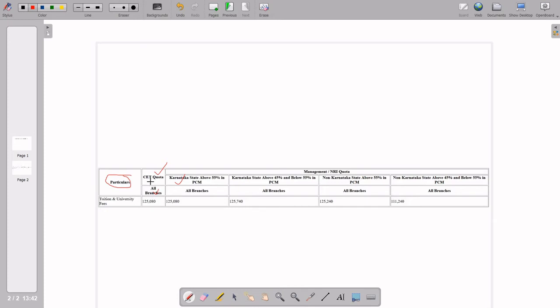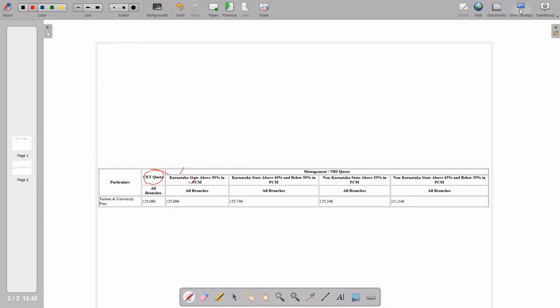The second one, you see, CET quota, that is the second value, but this is again merging of two rows. Clear, sir?